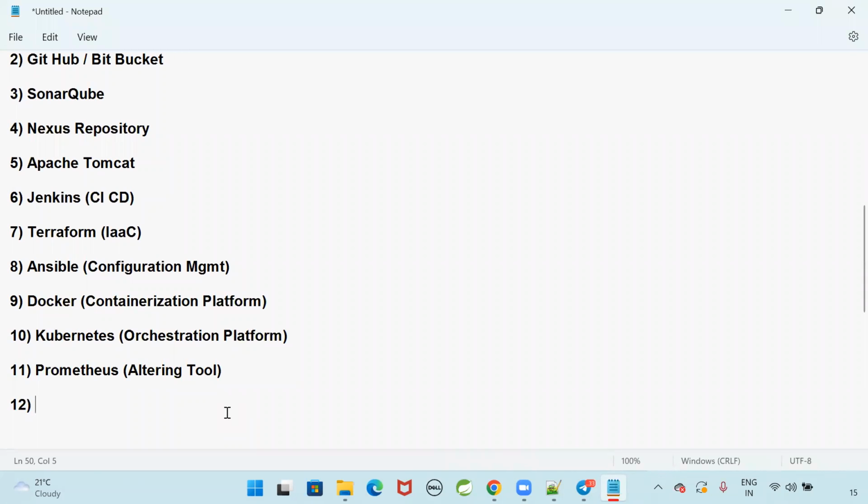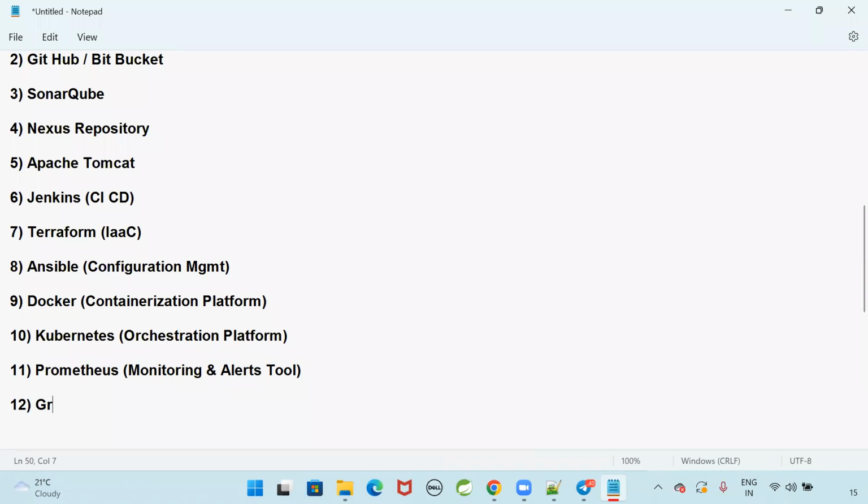So to monitor our application, a monitoring and alerting tool is required. We are going to use Prometheus for monitoring and alerting. Alerts we are going to get from Prometheus.